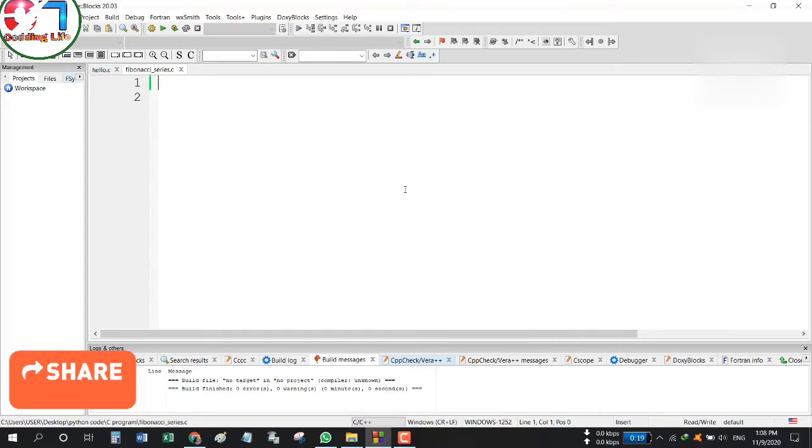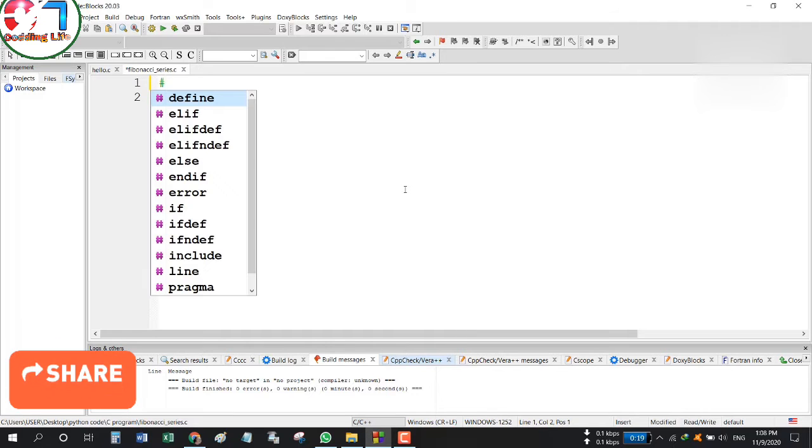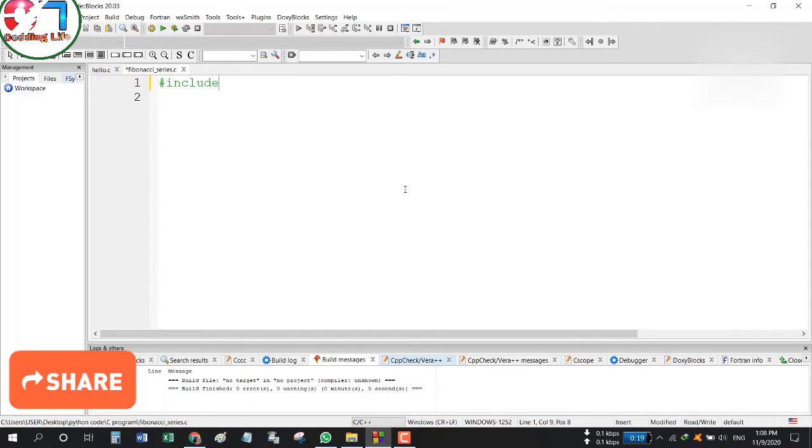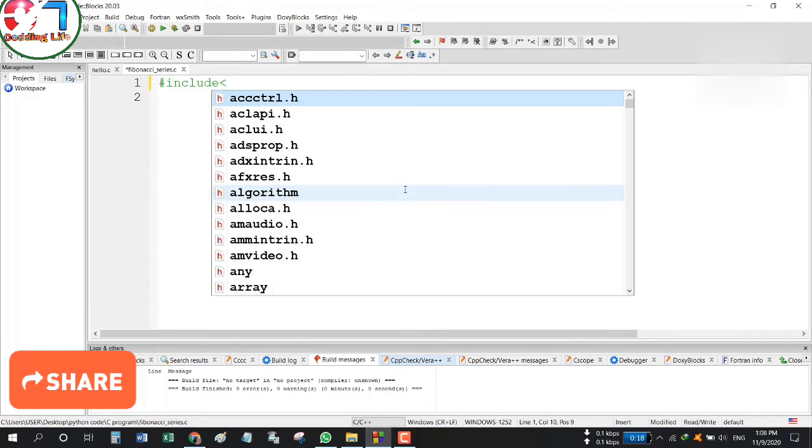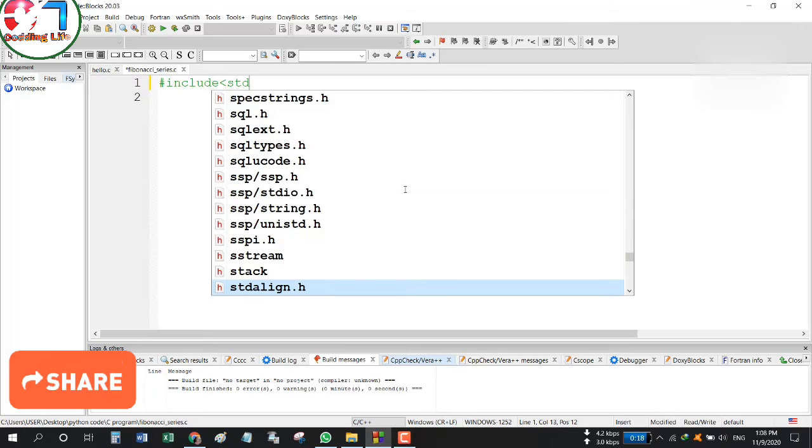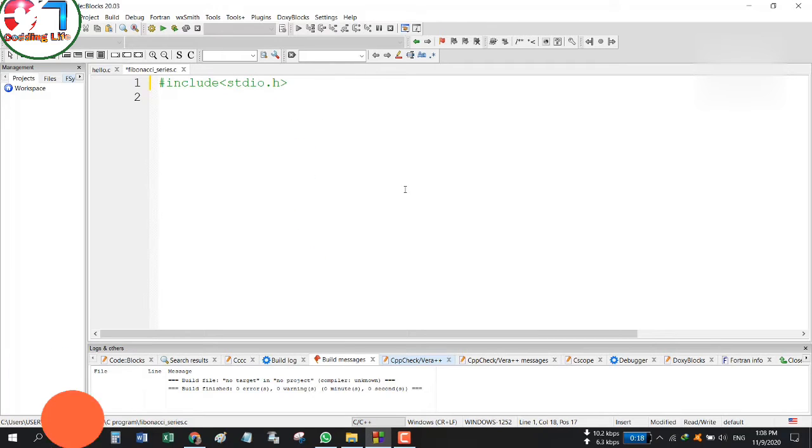After saving it, you will get the page to write something. All of you know that in C programming, what we should use first is the basic header file, that is #include <stdio.h>. Here you can see that it already suggests stdio.h, and this is the main header file.